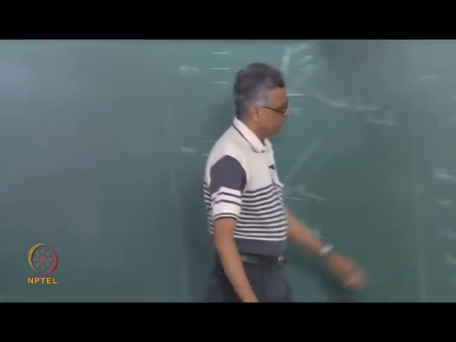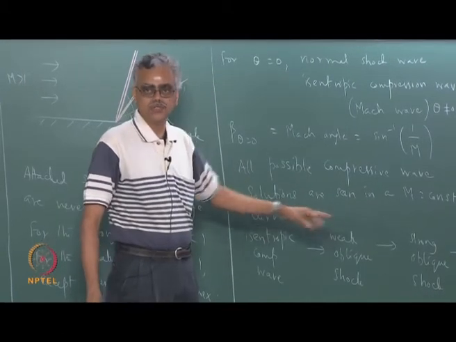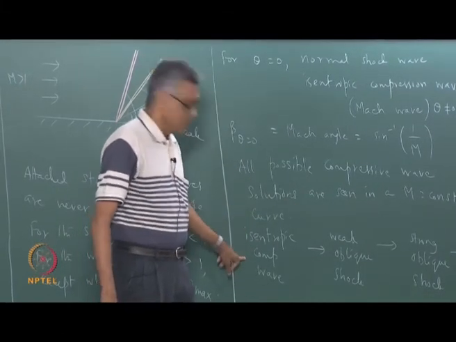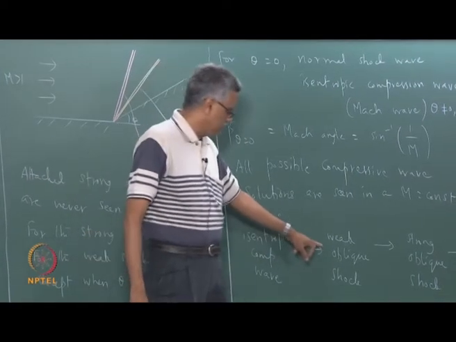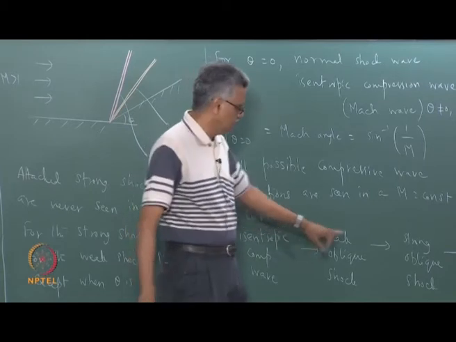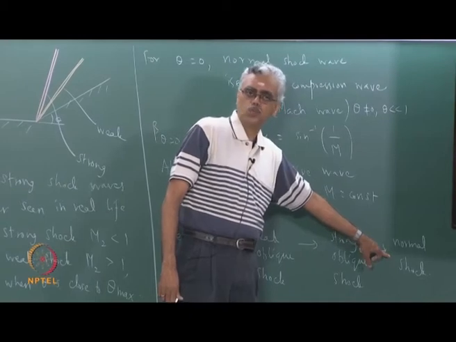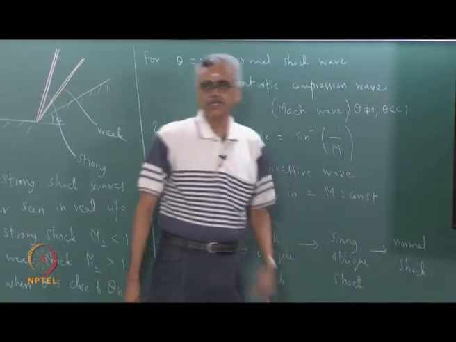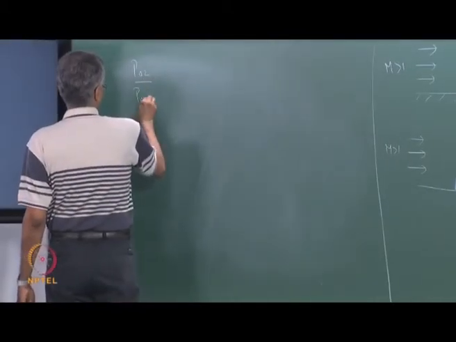So, we said that a single m equal to constant curve represents all possible solutions. As you can see here, there is no loss of stagnation pressure because it is an isentropic process. There is a loss of stagnation pressure here, it is irreversible, turning through a finite angle. The loss of stagnation pressure is more, and the loss of stagnation pressure is the most for a normal shock. Okay. And we can calculate P02 over P01 this way. So, for an oblique shock,